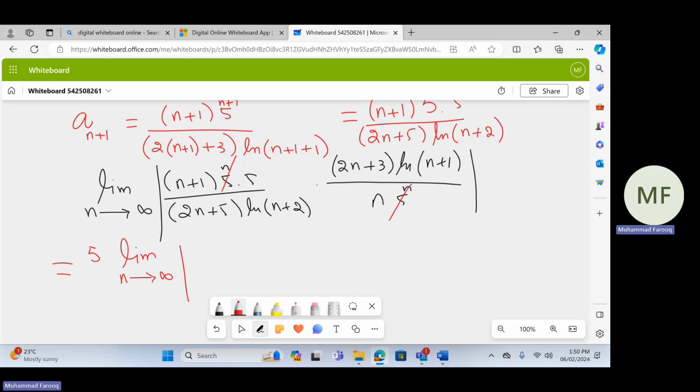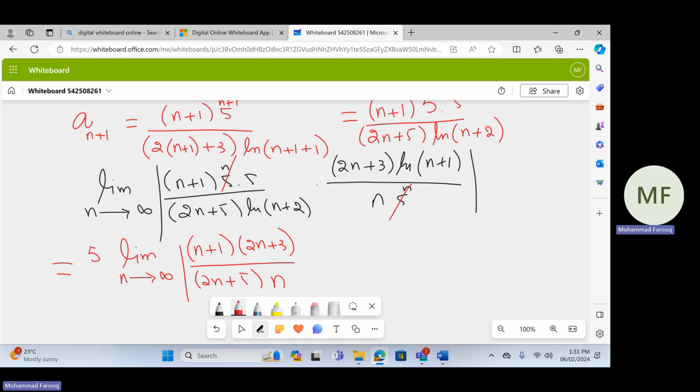So we can write them together. Means that these functions can be written separately, the natural log function separately and the polynomial function separately. So look at here. This is n plus 1 times 2n plus 3, divided by 2n plus 5 times n plus 4, and it is n. So what I did, I separated the up function, we get a polynomial, and the down function also